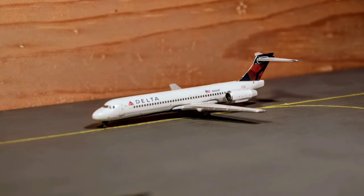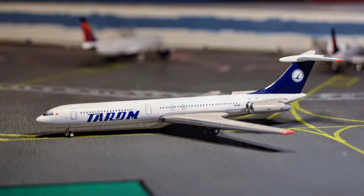Just taxiing for departure out to runway 06, here we have a Delta Airlines Boeing 717. He arrived in from Boston, Massachusetts, and he'll be departing out to Washington Dulles here momentarily as he taxis to runway 06 for departure. And here, just pulled off of runway 06 after arrival in from Bucharest Otopeni, we have